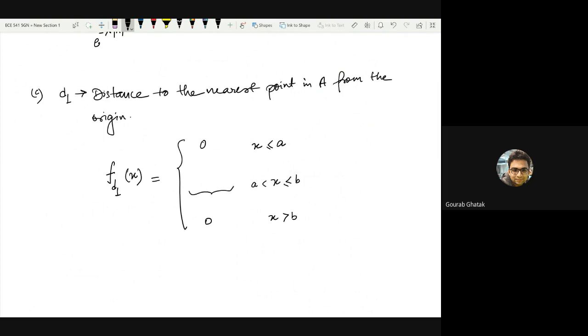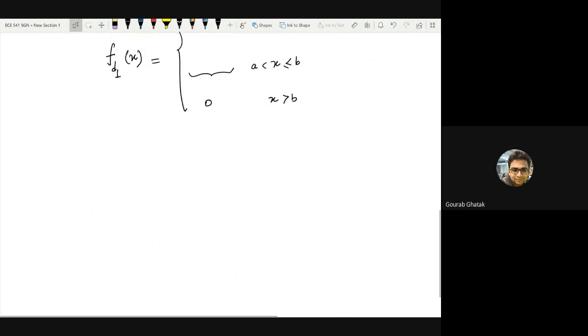But never mind, when x is less than B and greater than A, it's something that we have to find out. Okay. So let's consider the event E. So event E is the number of points inside A is 0. Okay. So in case the number of points inside A is 0, this PDF is not defined, right? Because if there is no point inside of A, there is no PDF of the nearest point from the origin to A, right? But we know how to describe this event E.